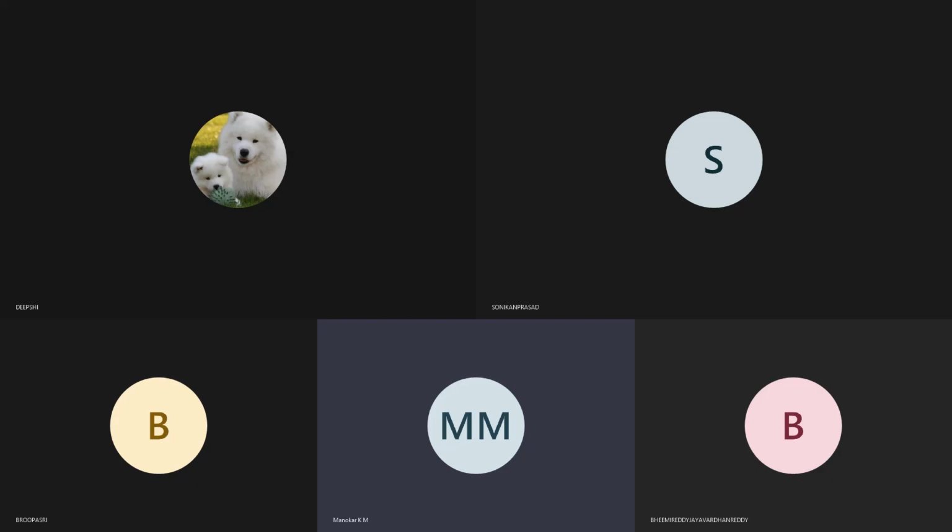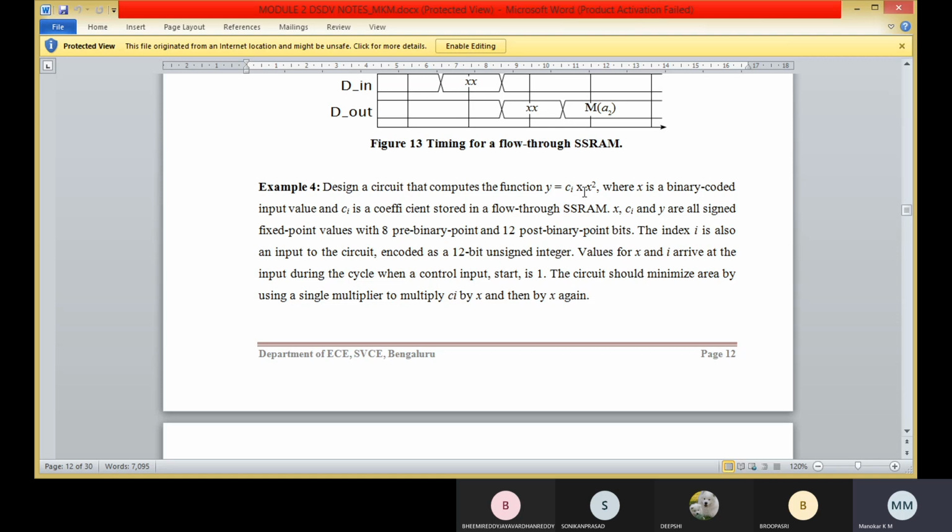This function, that is Ci into x square, using digital circuit or digital system design. So here we have input value and binary coded input value.